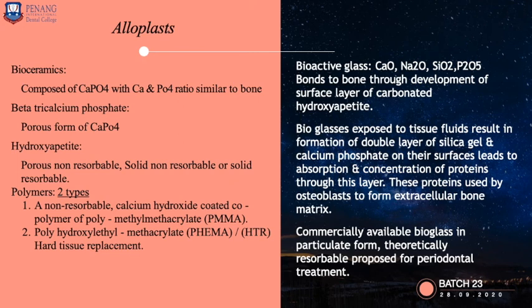Why do we want a scaffold there? Because the epithelial cells will regenerate faster compared to a connective tissue cell. A connective tissue cell regenerates faster compared to a bone cell. A bone cell will take a minimum of 6 months to completely regenerate, whereas a connective tissue cell will take 21 days for its complete regeneration, and epithelial cells will take only 7 days. So we don't want an epithelial cell or a connective tissue cell to come and repopulate the site, so that it prevents the bone cells from forming there.